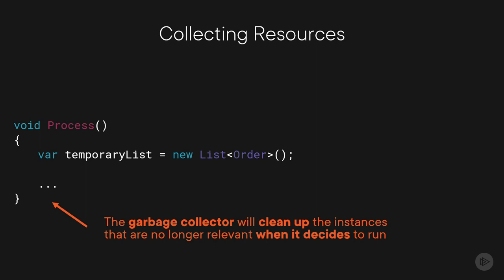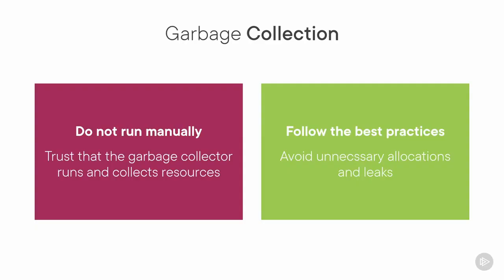You do not have to manually force the garbage collector to run. You could, and this is only appropriate if you create something that manually allocates unmanaged memory. Instead of forcing the garbage collector to run, we should trust that it cleans up resources for us whenever it